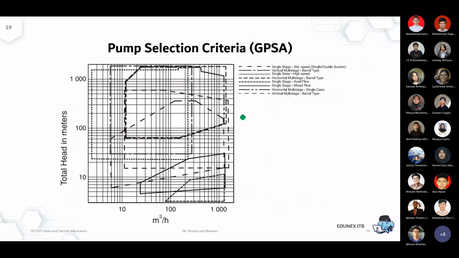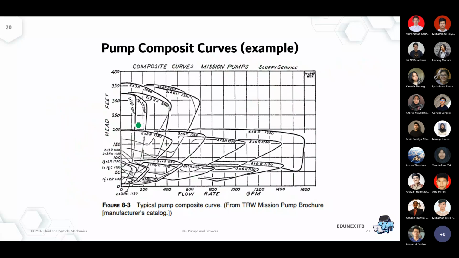Pump composite curve, again, same. Now we already decided the type of pump. Let's say we want to buy from this particular type of pump. But you need to know the exact series, because again, it's not a customized pump. You buy what is available in the market. When you want to make a customized pump, it's going to be very, very expensive, and it's going to take very, very long to wait for the pump to be manufactured. Okay, you buy what is available.